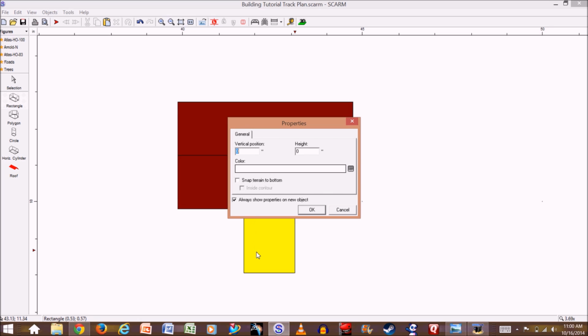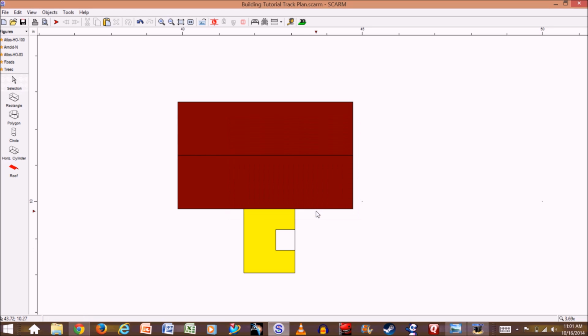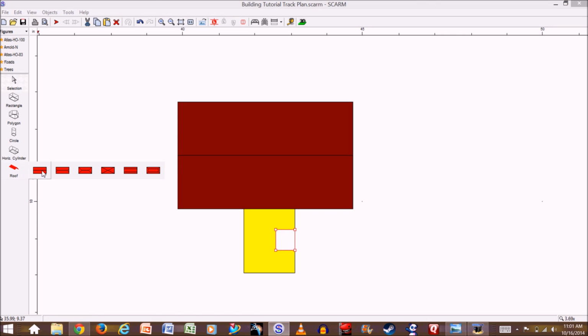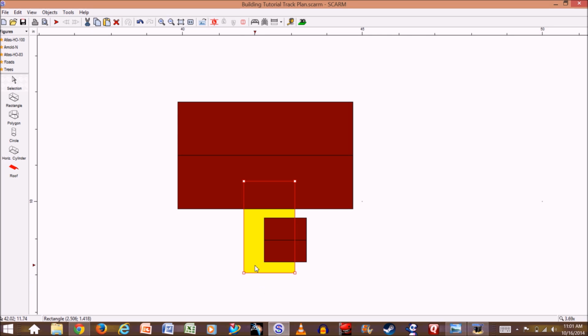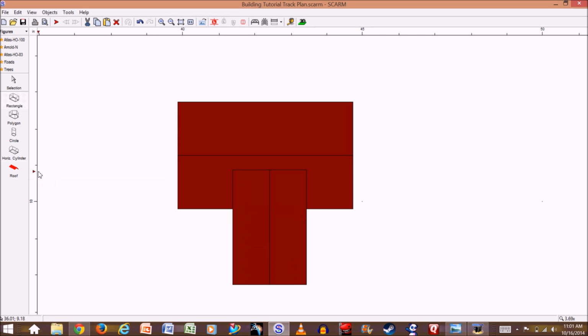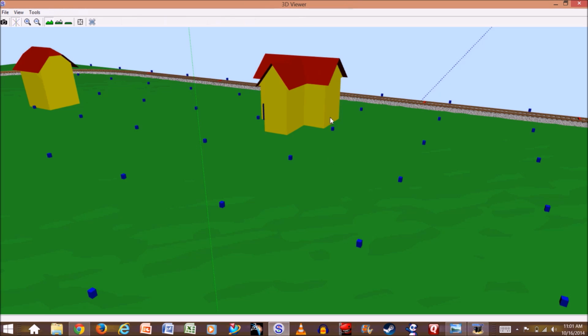So I'm not going to give this square any height, but I am going to give it a vertical position so it is sitting on top of this square or cube here. Say OK, and then I'm going to select it, click on the roof, put one there, then I'll select the larger square or rectangle, click on roof, select that, go to 3D,